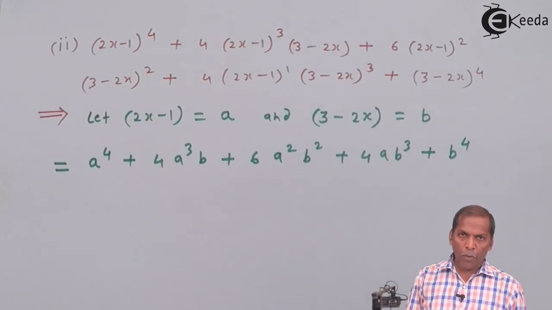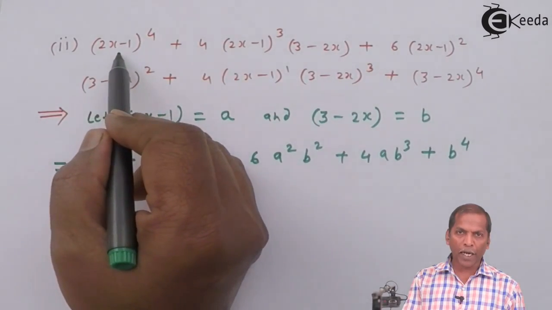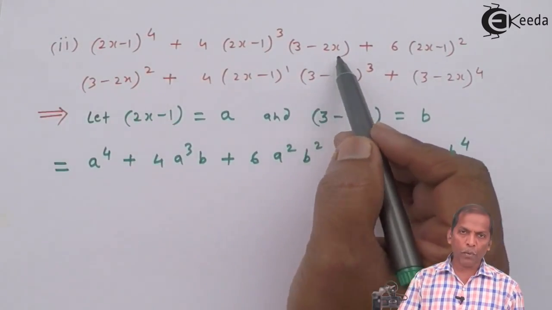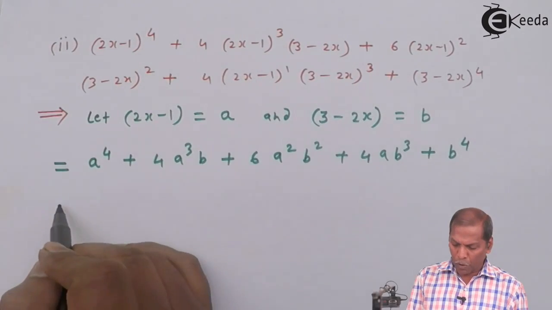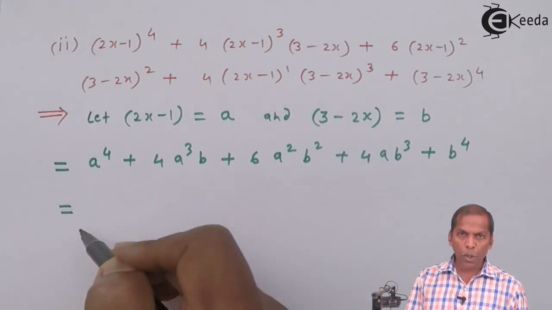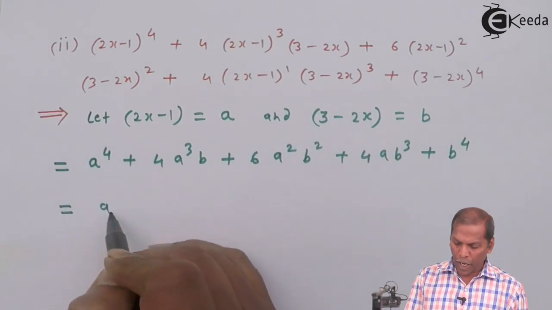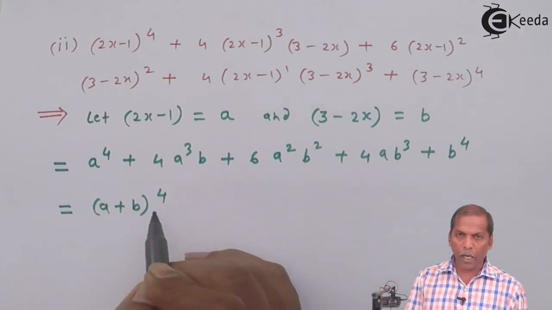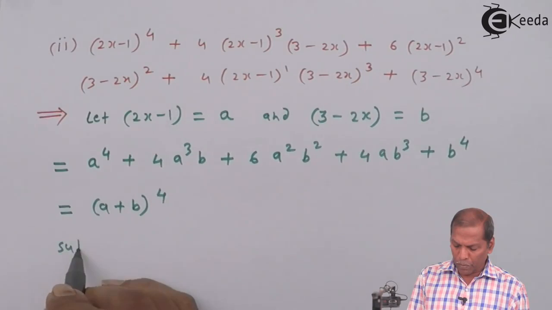It means in the above equation, whenever 2x minus 1 we write a and whenever 3 minus 2x we write b. Now if we observe all these terms, by using the binomial theorem, we have (a plus b) whole bracket raised 4. Now substitute